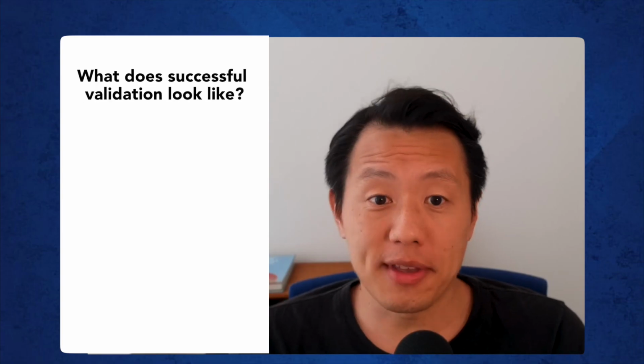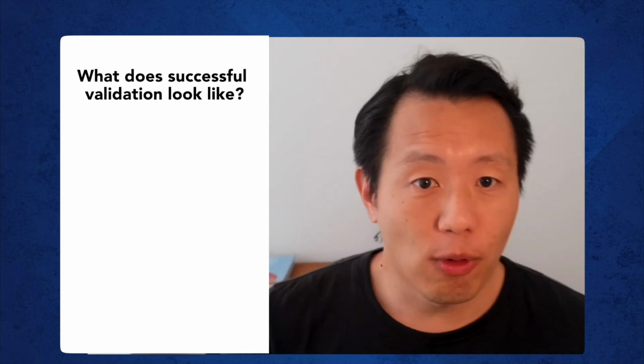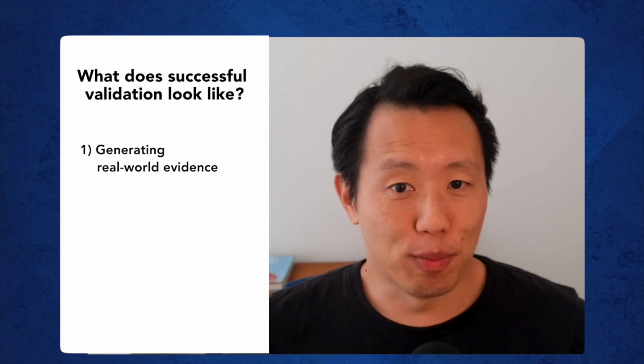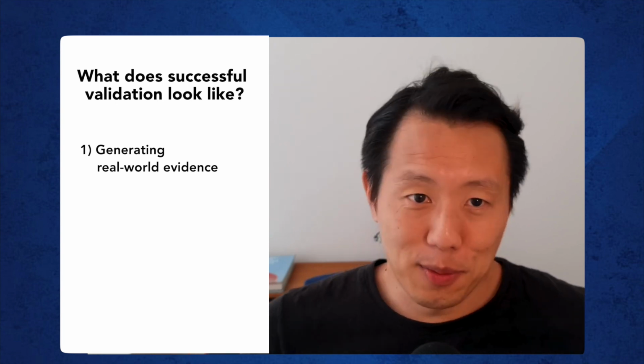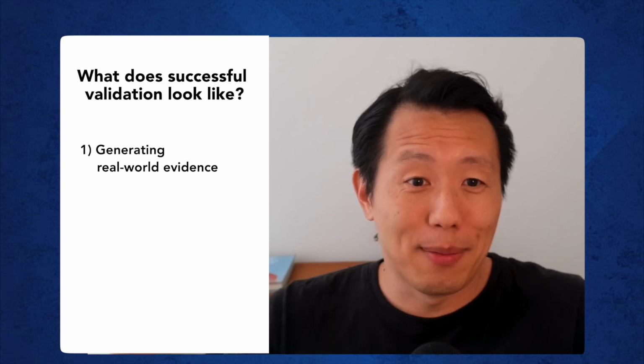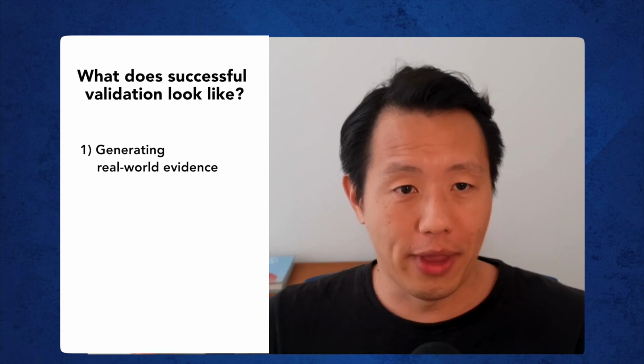Okay, so what does it actually look like? I talked about this before, but we want to be able to generate real world evidence that people want what you're planning on building. And again, sometimes people do it through surveys. Sometimes people actually do signups. We're going to spend a lot of time talking about how to generate this real world evidence, but real world evidence is more compelling and more valuable than a lot of other things. If the chances you're working on a good idea are 10%, generating real world evidence will give orders of magnitude better signal that you're likely on the right path.